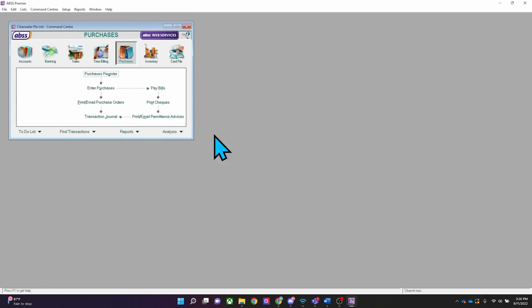In this video, we will show you how to update your existing data file with the new GST tax codes. This process only needs to be done if you upgrade your data file from a lower version to version 30 and above. ABSS Accounting and Premier version 30 comply with the 8% GST rate, which includes the newly added tax